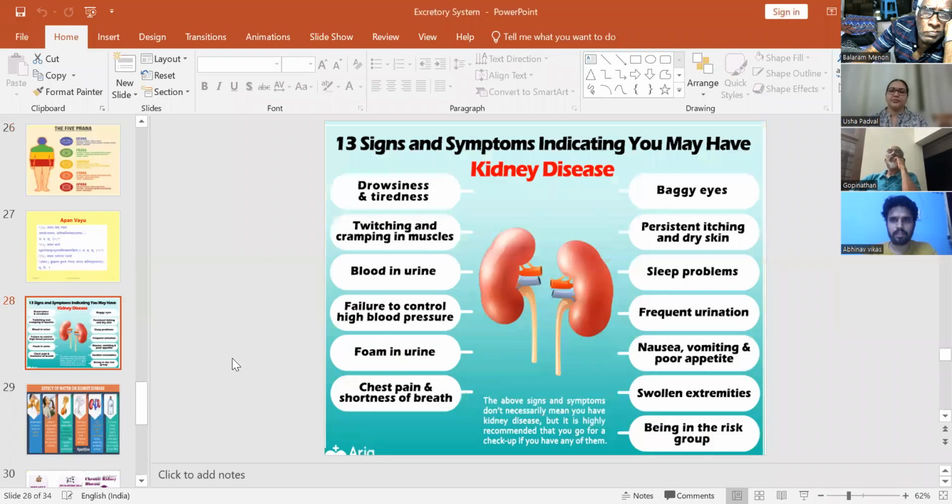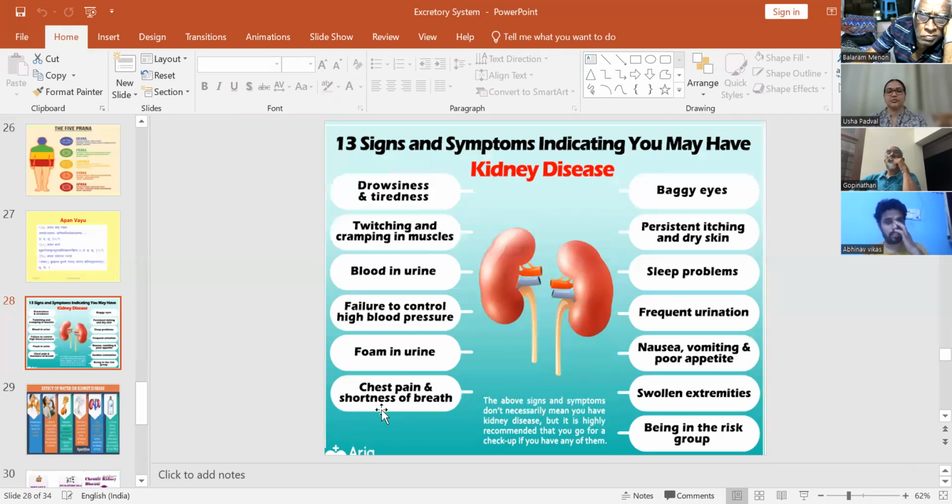Here's some extra information. 13 signs and symptoms indicating you have a kidney disease. What is this? Drowsiness, tiredness, because when toxins are not eliminated properly, then definitely you will feel a little drowsiness and tiredness, twisting and cramping in the muscle, blood in the urine, failure to control high blood pressure, foam